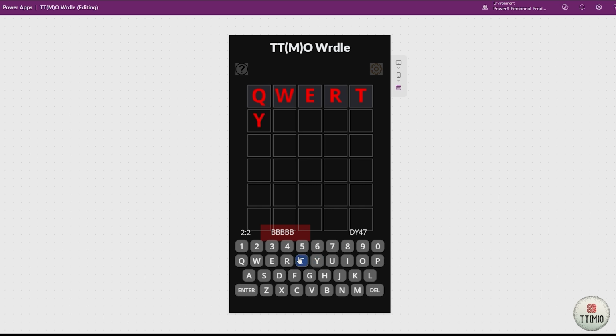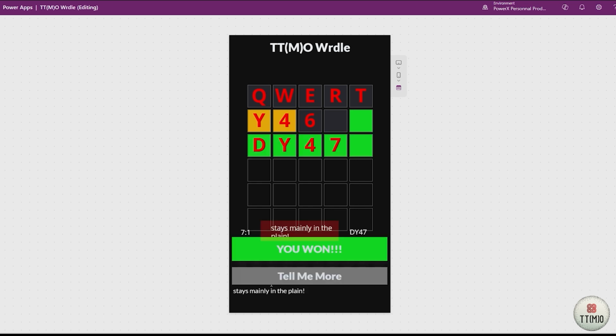If I enter Y46 and press enter, the debug label gets populated with the string YYBBG. This represents the color of each box. This is the output of the NF result function. If I now enter DY47 and press enter, the debug box that held the output of NF result returns the string of the day, and the endgame container appears with the confetti, messaging, and under the Tell Me More label,